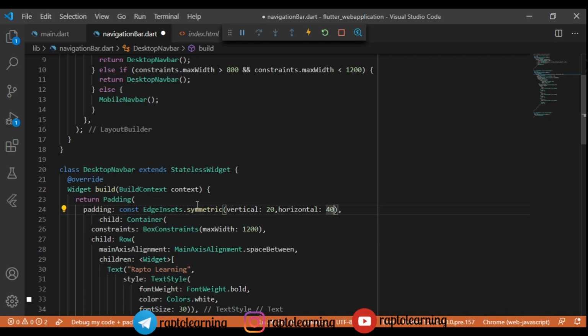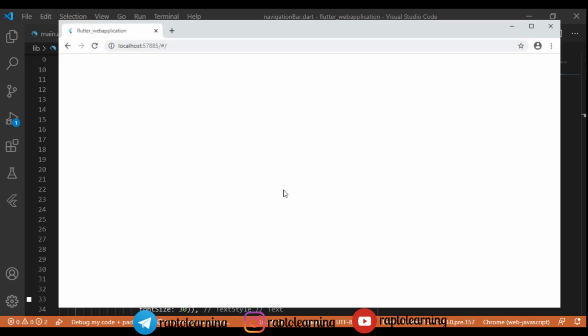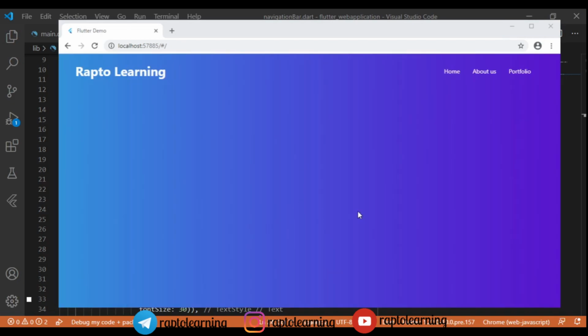And horizontal, we should probably give 40, right? So let's move on further, and we will discover some of the most interesting features. Let's see how this padding works. Yeah, this padding works pretty well.